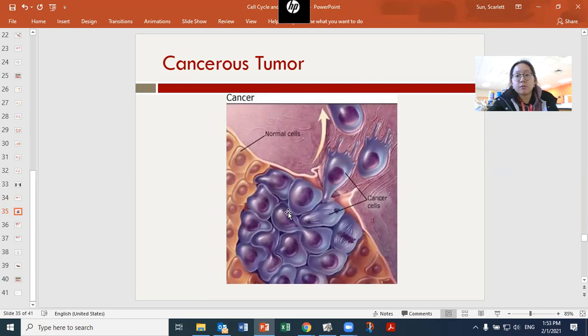And a cancer is different from a tumor just because tumors can happen, but they're usually benign and they usually don't cause problems, and they can be removed and then they don't spread. The problem with cancer is that cancer can spread, as you see over here, and they can get into your bloodstream and then spread to other body parts or other organs and then create tumors across the entire body. And then at that point, it's usually incurable.